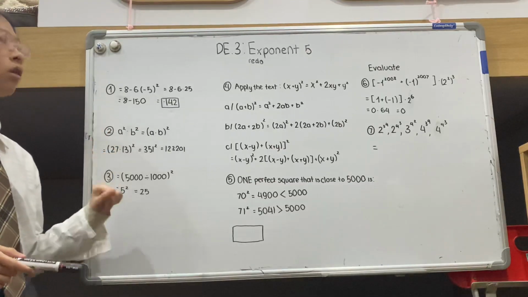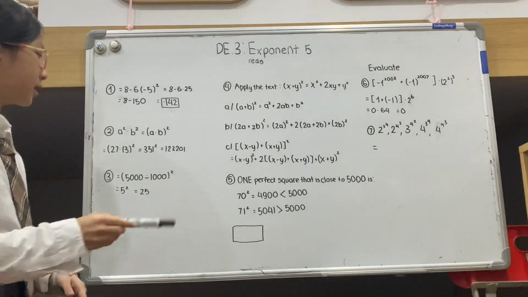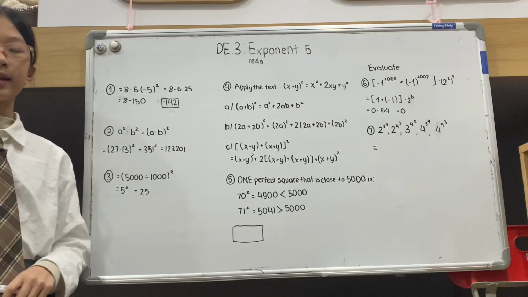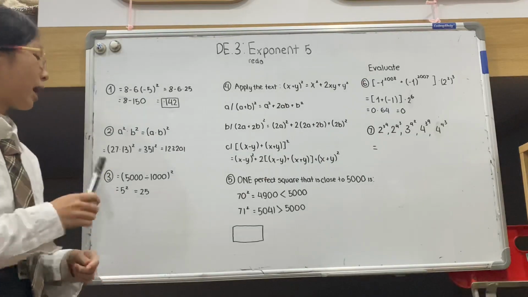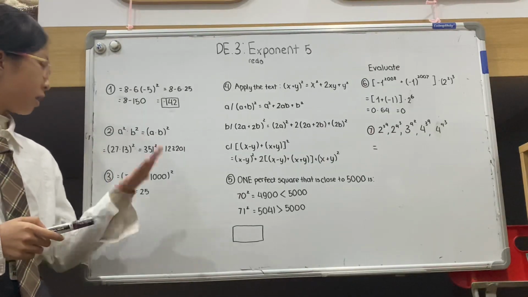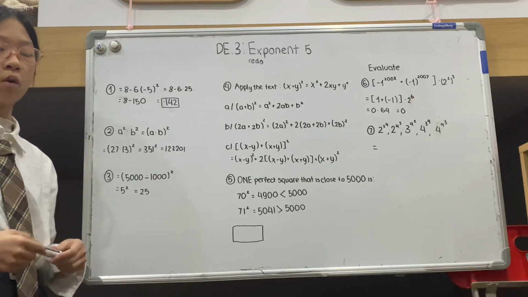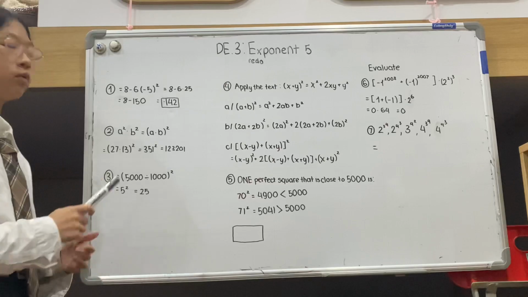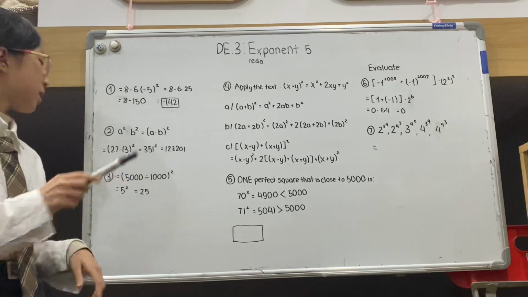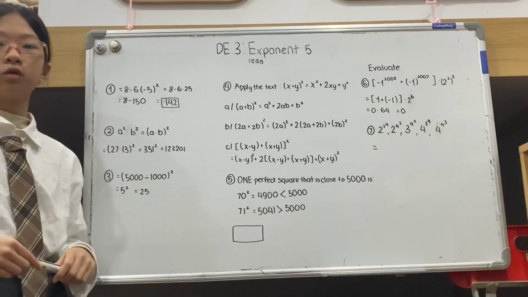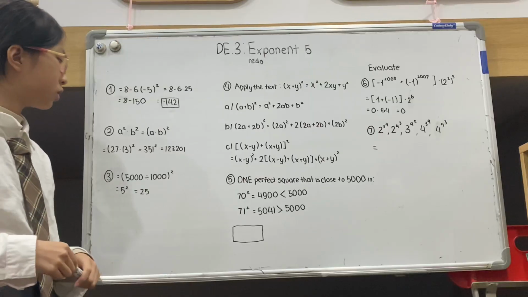In this example, I will have open parenthesis A times B close parenthesis total square. And exactly with problem number 2, I have two numbers, 27 and 13, and they both have squares, so I will put it like this. Open parenthesis 27 times 13 close parenthesis total square equals 351 square and equals